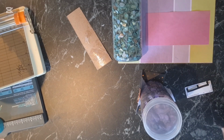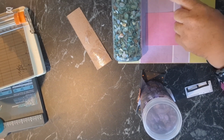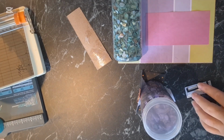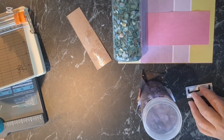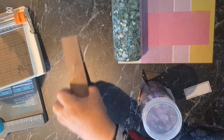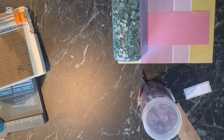So the first four ones were A, B, C, D, which was right down to the bottom. So now I've got to put this in there. I will show you how I do that. So all I'll do, I'll put a little bit more glue,